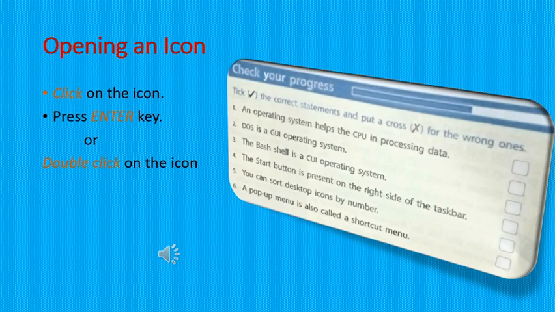There we can't change by number. So it is wrong. Then last one, 6. A pop-up menu is also called a shortcut menu. It is correct. A pop-up menu is also known as shortcut menu.